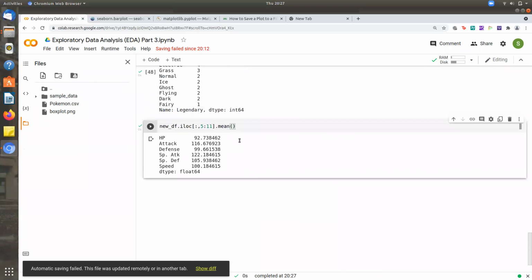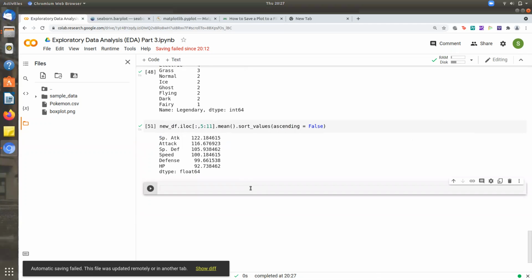All right, so these are only the legendary Pokemons we were considering. In the legendary Pokemons, what we have is that attack is the most important, no sorry, special attack is the most important characteristic. The mean of special attack is highest. We can actually sort these values again, sort_values ascending equals false. All right, okay, so special attack seems to be one of the most important characteristics